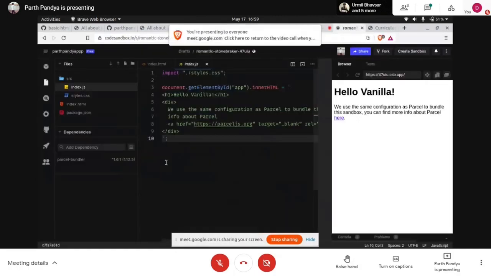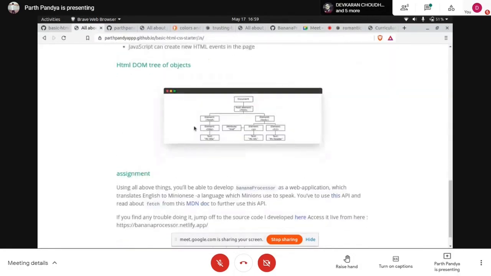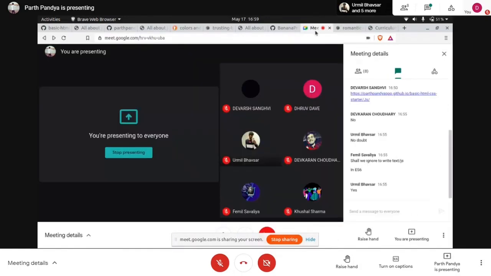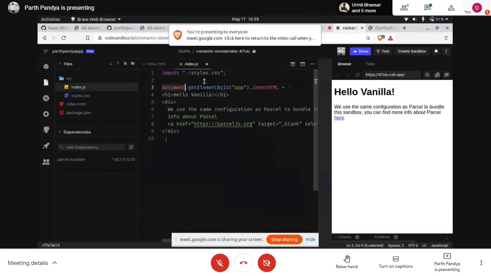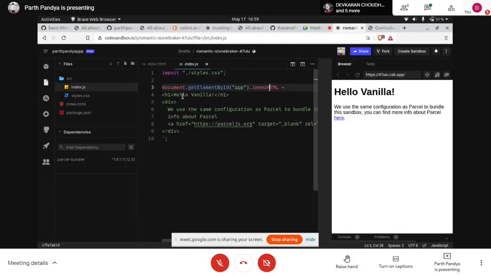Yes. Okay, so let me explain it again. Where did document come from? It is the document object model. Above everything, we have the document object model, under which we have HTML and its several components regarding these objects and the node structure of this HTML DOM tree. This is the tree of objects and nodes. So JavaScript is meant for manipulating this particular document, and literally we are using this as an example. We are manipulating this division element with ID app, and we want its inner HTML to be filled with this.